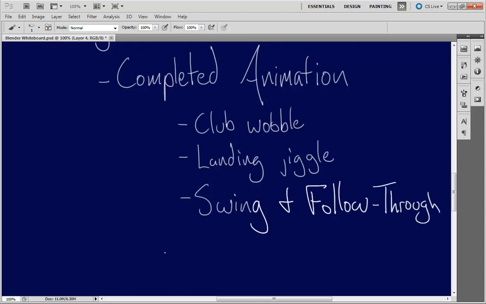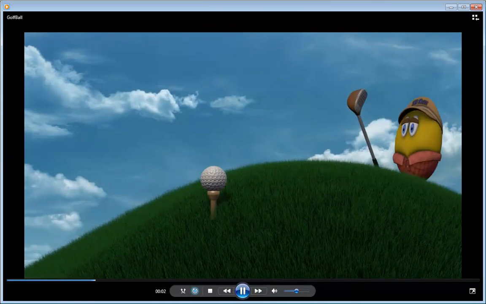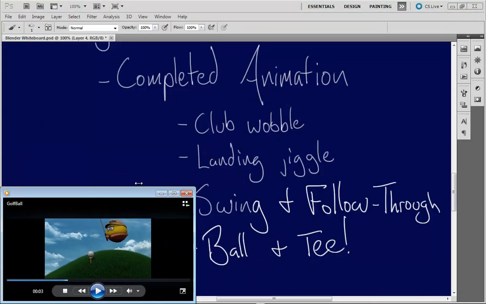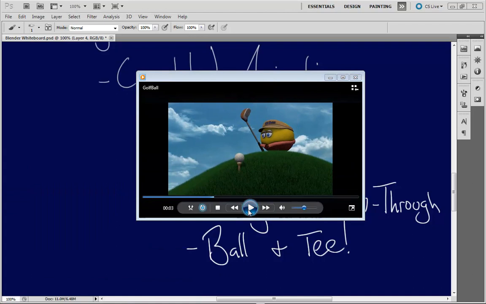And then finally, don't forget the ball and the tee. Remember those. Basically, they need to disappear. I mean, if we go back to the video, the way that swing takes place, and again, I know you guys probably have terrible frame rates at this point, just watch the ball and the tee very closely. Really, they just disappear when the club comes through. Whack, and they're gone.